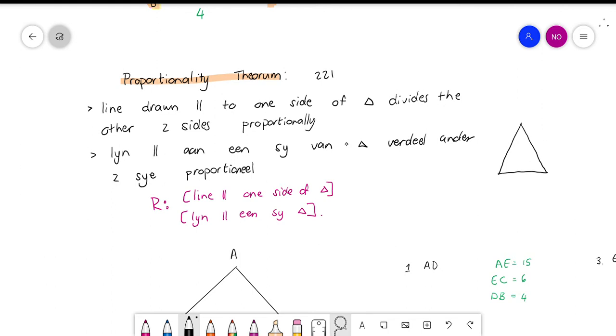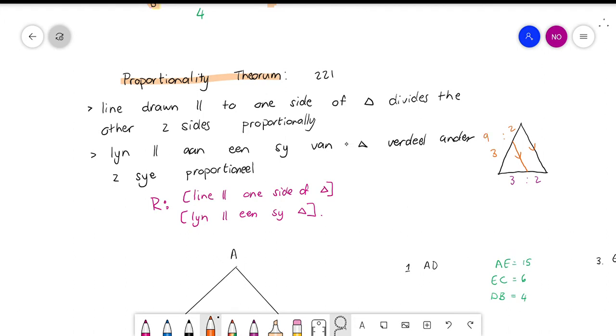There's my triangle. Now I go and draw in a line that is parallel to any one side of the triangle. Then that line divides the remaining two sides proportional to one another. So dan sal hy sê, dan maar hierdie verdeel in 3 tot 2 en hierdie ene ook in 3 tot 2 byvoorbeeld. So then this might be